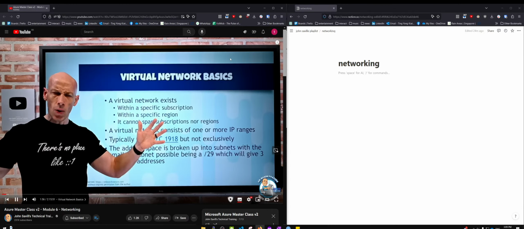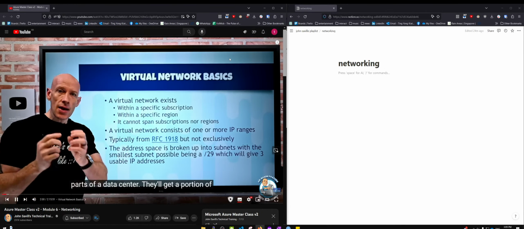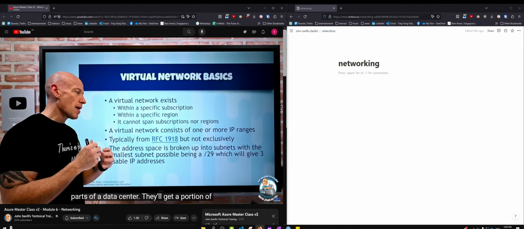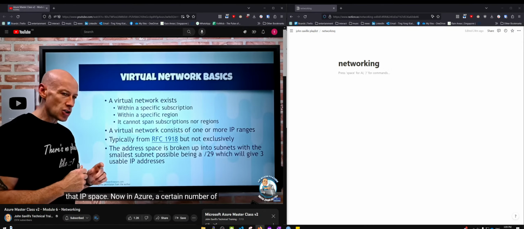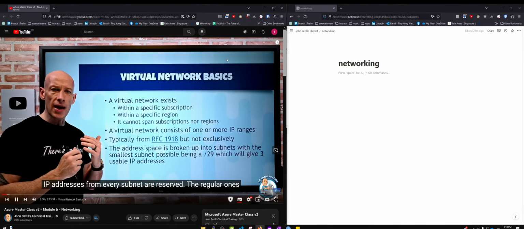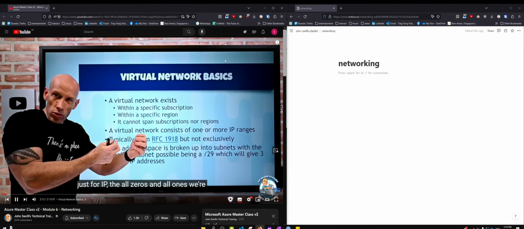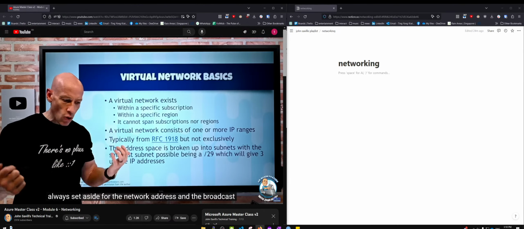We have a physical network, then maybe we have floors of a building, parts of a data center. They'll get a portion of that IP space. Now in Azure, a certain number of IP addresses from every subnet are reserved. The regular ones, just for IP, the all zeros and all ones, are always set aside for